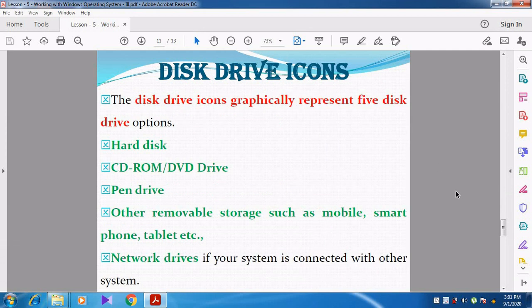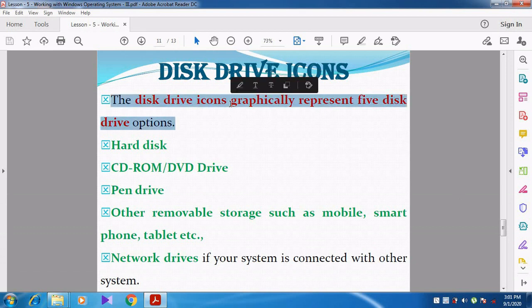Right. Now we are going to see another icon, disk drive icons. What is meant by disk drive icons? The disk drive icons graphically represent the disk drive options.